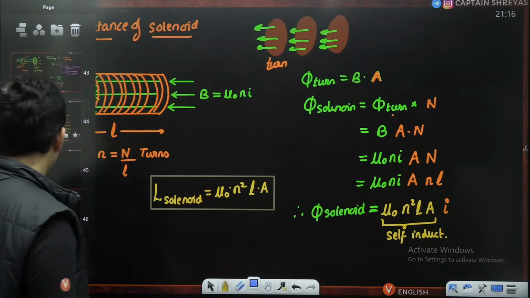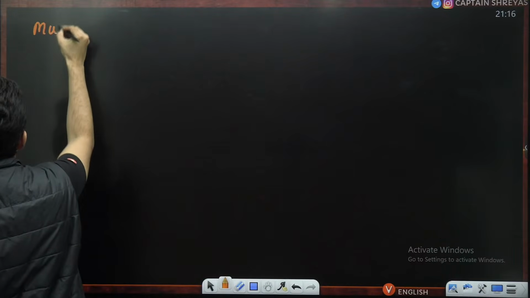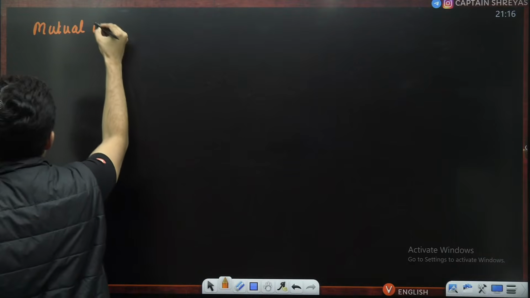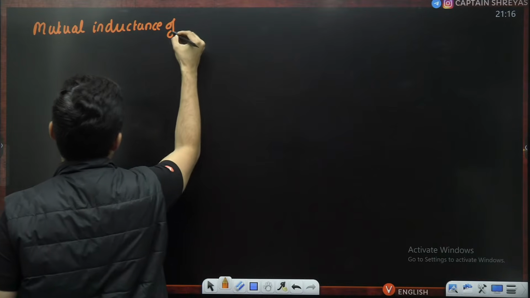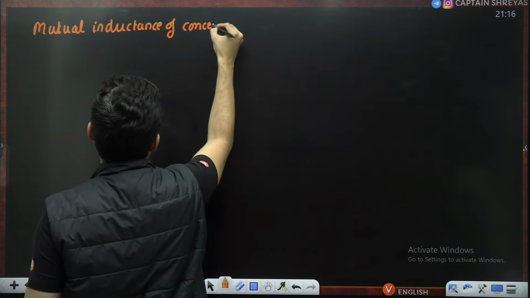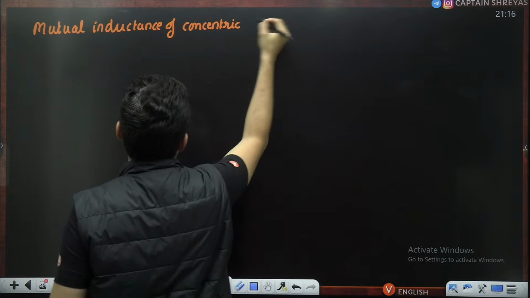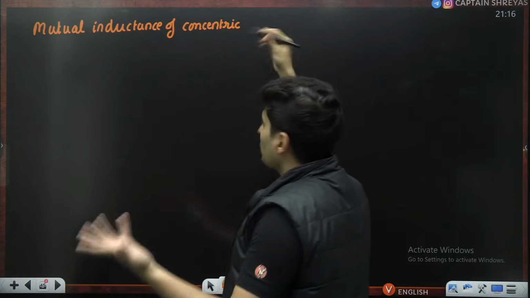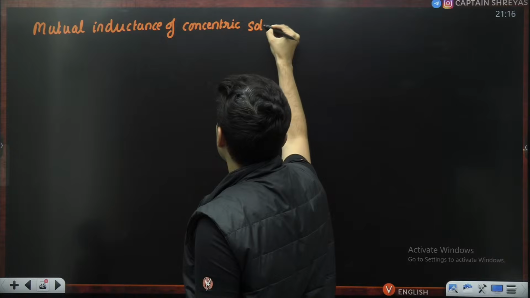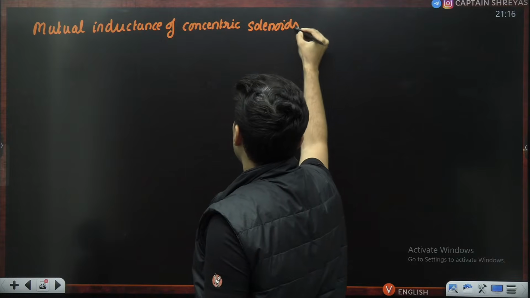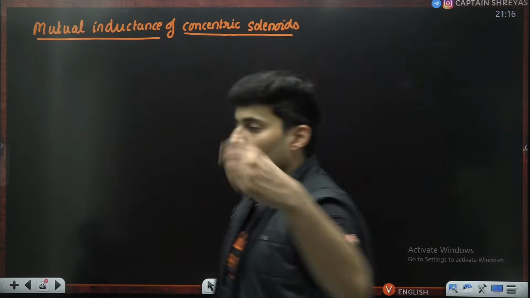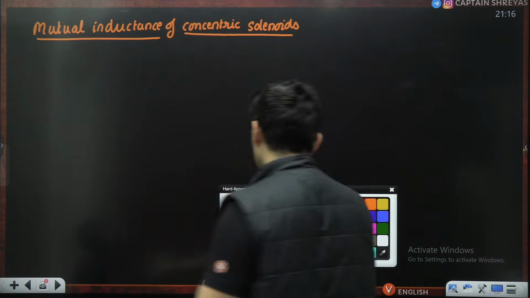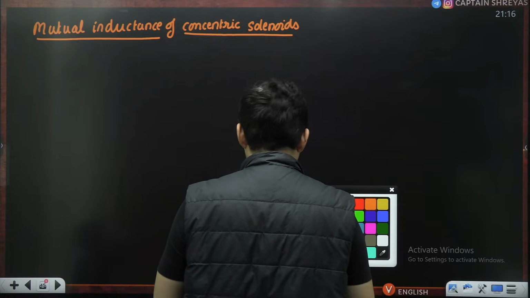How about doing this question where you have to find the mutual inductance of concentric loops, sometimes concentric even solenoids. The method is the same. Sometimes they will give you two square loops concentric or two circular loops, find their mutual coefficient and all of that. So let's say, for example,